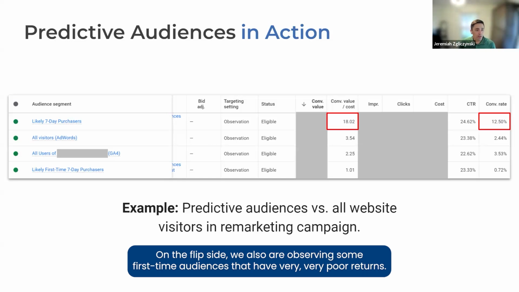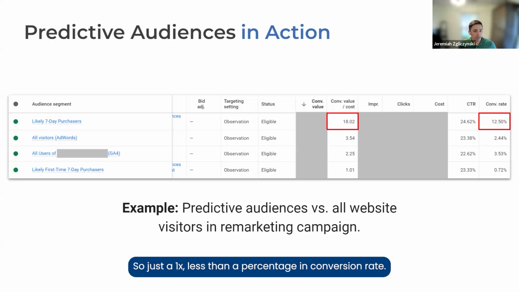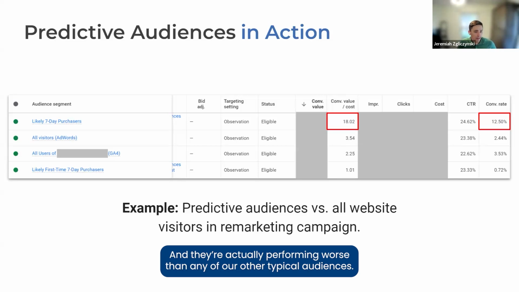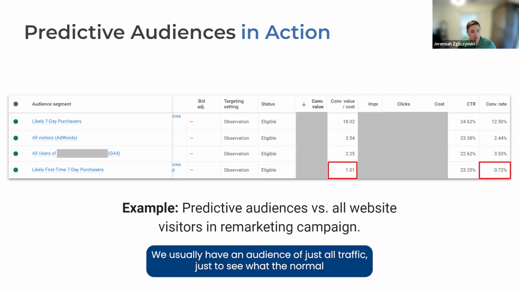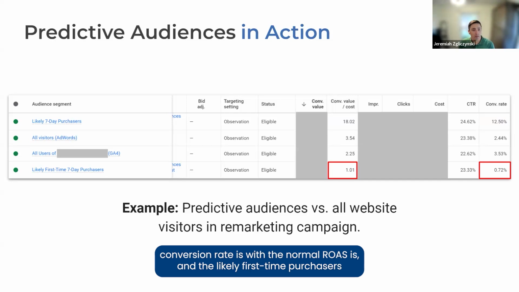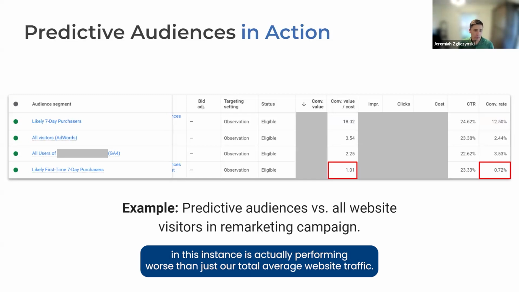On the flip side, we also are observing some first-time audiences that have very, very poor returns. So just a 1x, less than a percentage in conversion rate. And they're actually performing worse than any of our other typical audiences. We usually have an audience of just all traffic just to see what the normal conversion rate is, what the normal ROAS is. And the likely first-time purchasers in this instance is actually performing worse than just our total average